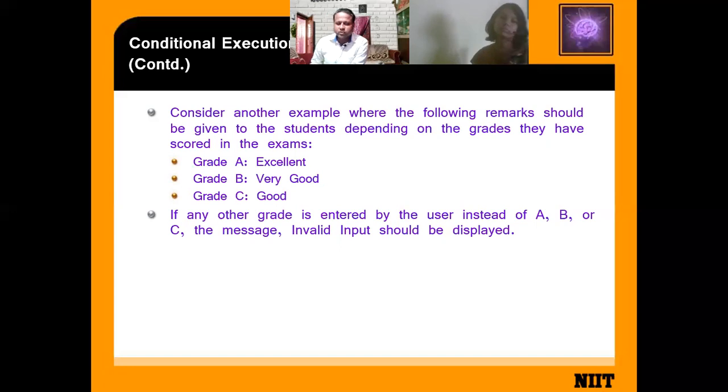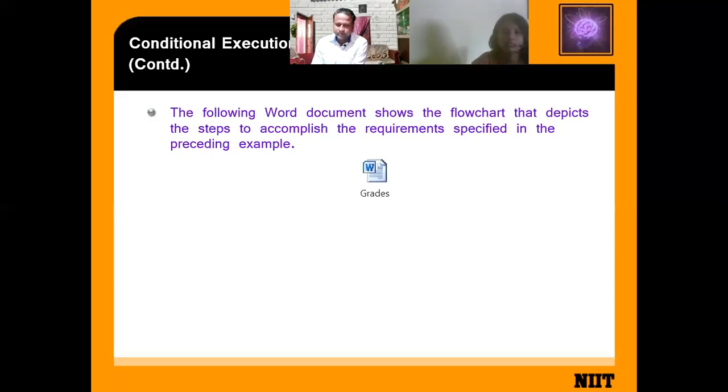Grade C, good. If any other grade is entered by the user instead of A, B, or C, the message invalid input should be displayed. So write the question.